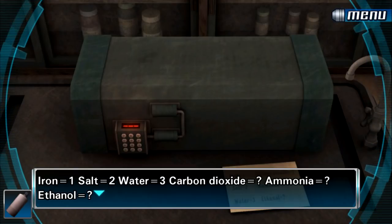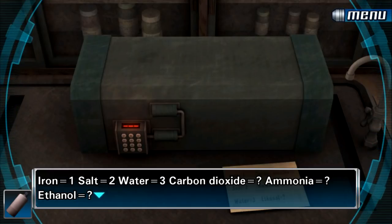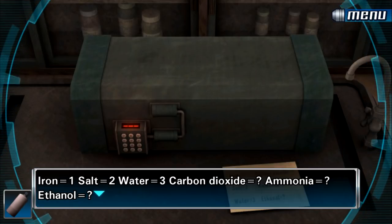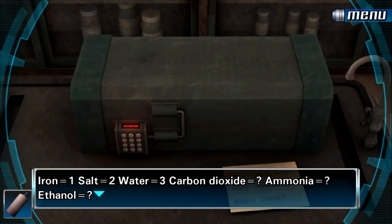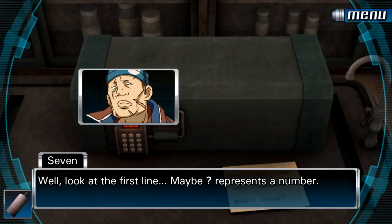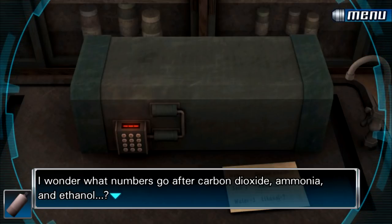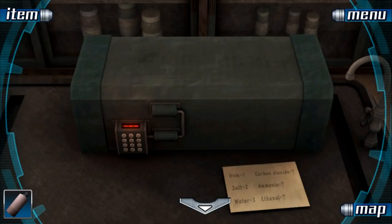So I'm trying to think. There's got to be some other code we're going to be getting access to, I'd imagine. Because I don't think, given iron equals 1, salt equals 2, and water equals 3, we can infer what carbon dioxide, ammonia, and ethanol are. So I'm probably... What was that? I wonder what numbers go after carbon dioxide, ammonia. Now I'm tempted, but...